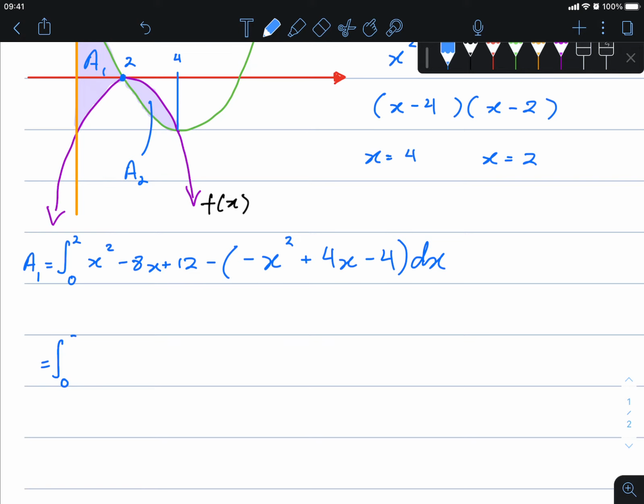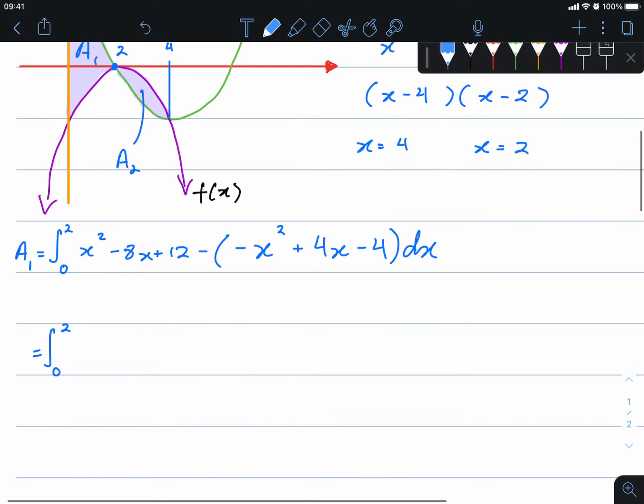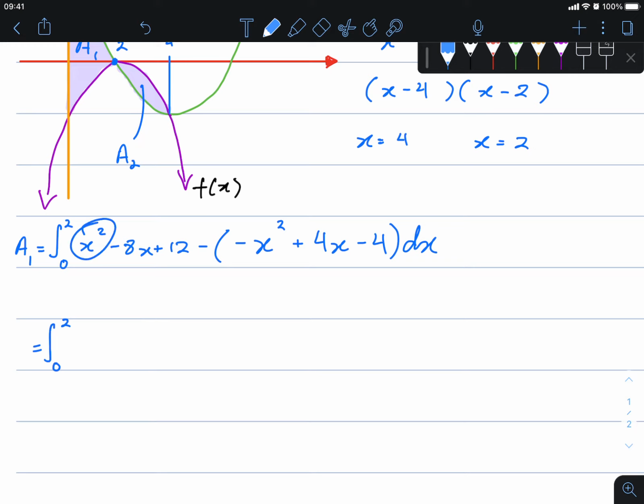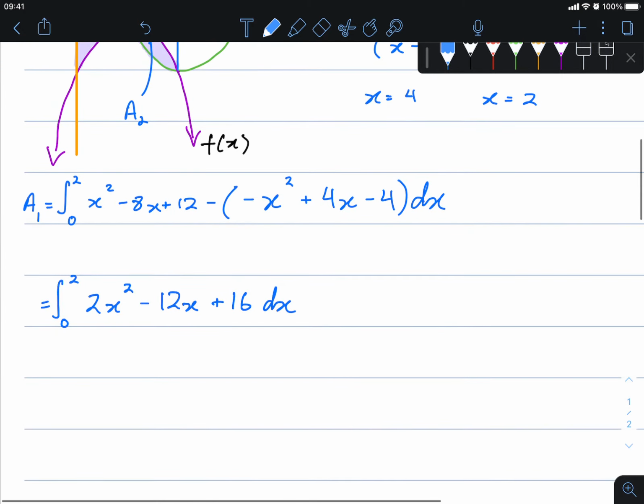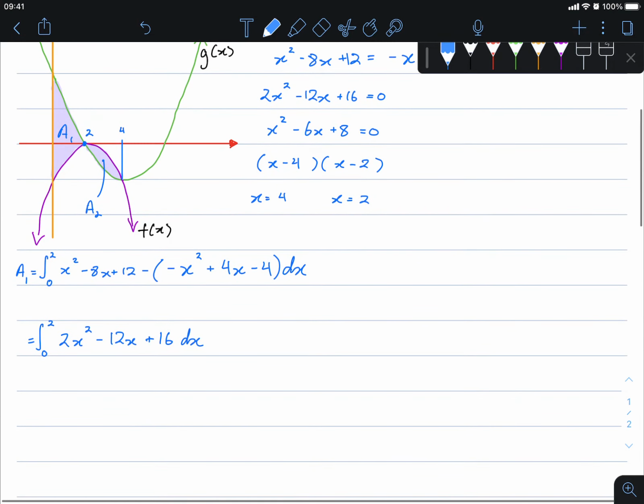integral from 0 to 2 of, being very careful now, x squared minus x squared, that's 2x squared, 8x minus 4x, that's going to be negative 12x, 12 minus 4, that's 12 plus 4, which is just 16 dx. So that's our first interval. And you can go ahead and solve that. That's the